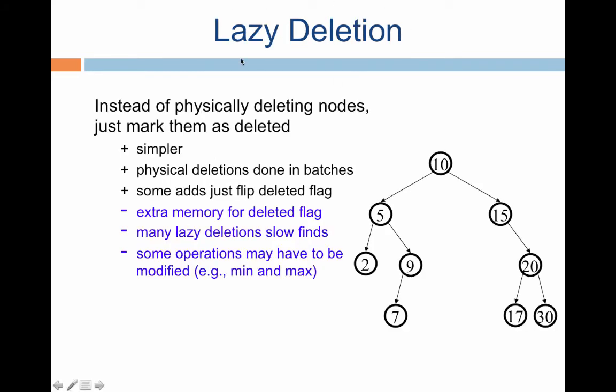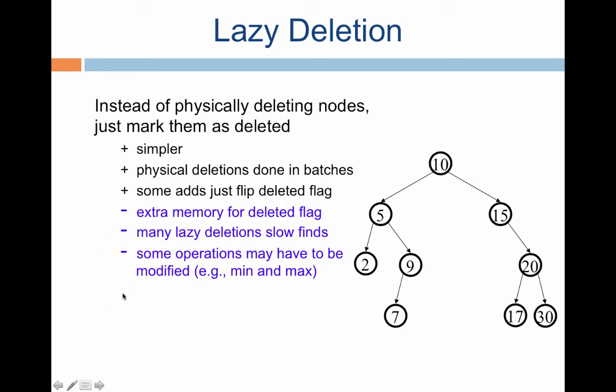By the way, deletion can be done in multiple ways if you are writing programs. You could just mark the node to be deleted. It's very quick. And you can do the deletion steps once there are a lot of deletions to be done. If you're maintaining a large binary search tree, which is typically a dictionary of words, and you are eliminating words from the dictionary, you might want to actually mark all the words and delete them in a batch. Sometimes, if you wanted to add something back again, you then just have to flip the deleted flag. Therefore, these are the plus points.